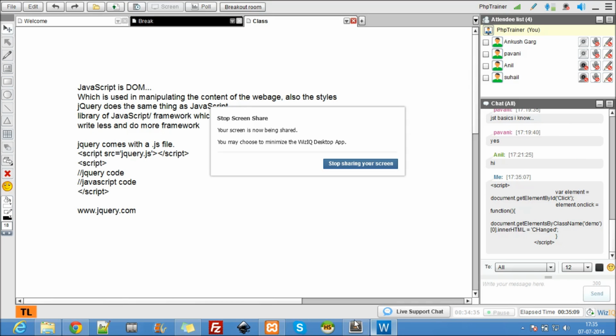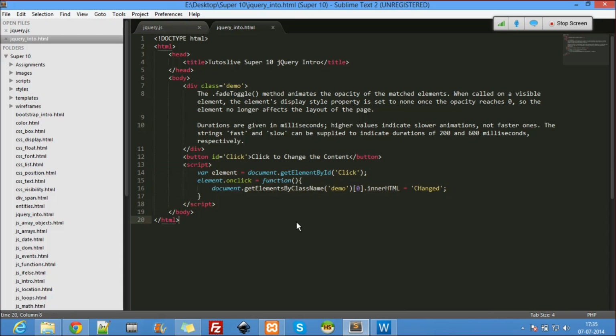So now let's do it in a different way. Now let's do it in a jQuery way. All right, so for that what I'm supposed to do is I'll just comment this out. I commented that out. Okay, I don't need this. So first and foremost thing you are supposed to remember writing jQuery code is include the jQuery file. So where is my jQuery file? It is in scripts